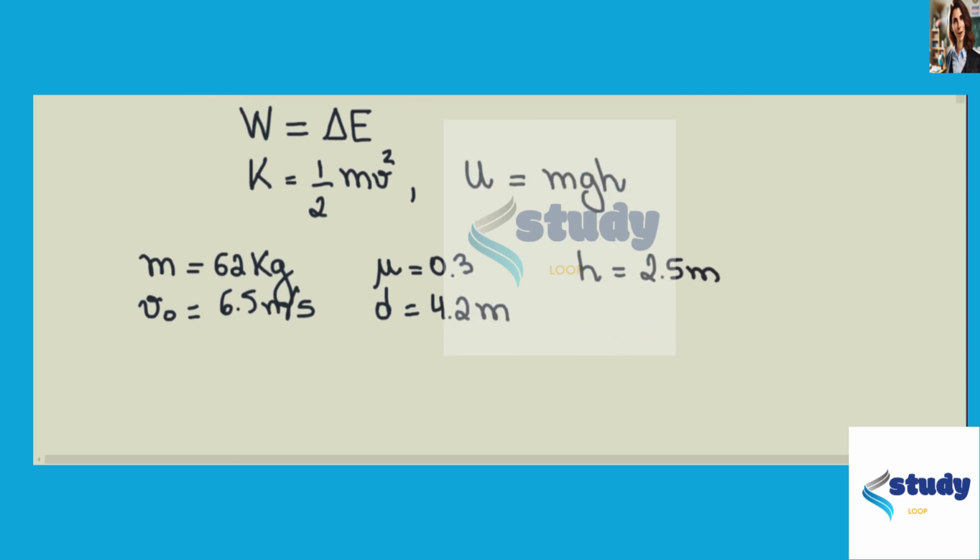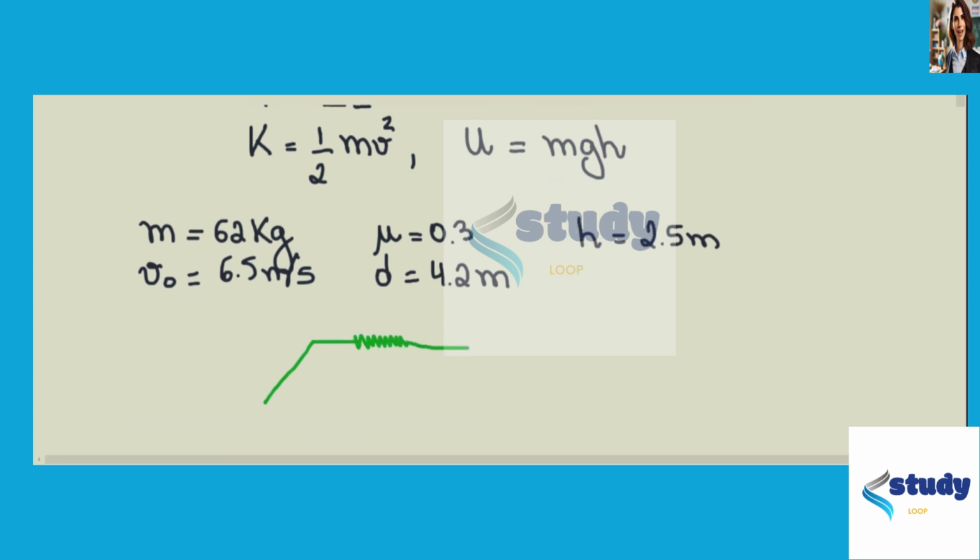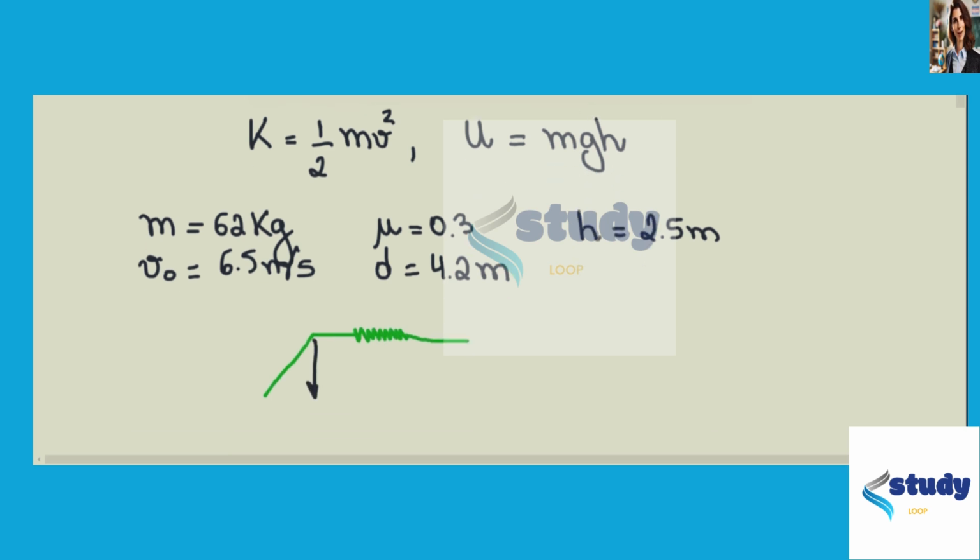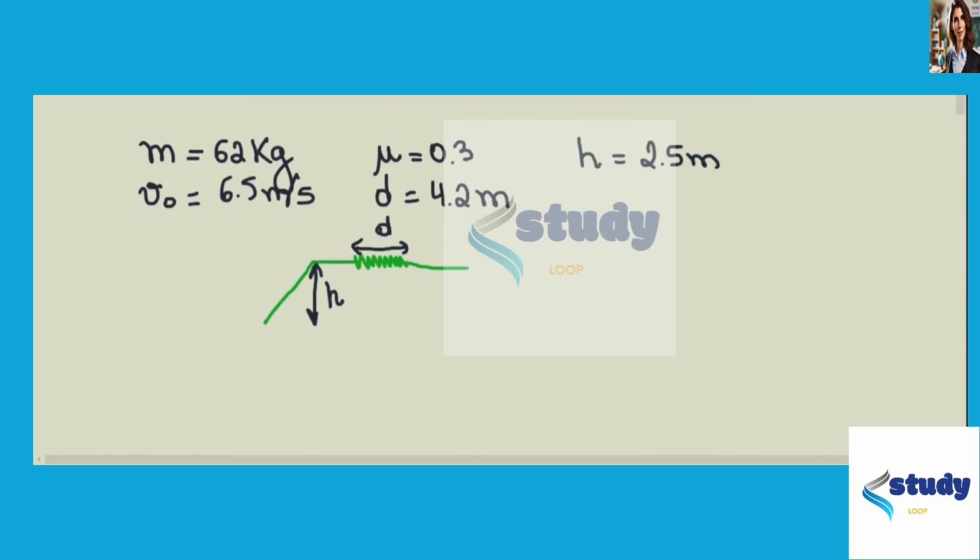So I'm just gonna draw her journey here. So this is the hill. This is the hill. Then we have the rough patch. This here is the height h, while this is the distance d. Okay, and our goal is to find what is the final speed vf of the skier. And in order to find this, I'm going to use conservation